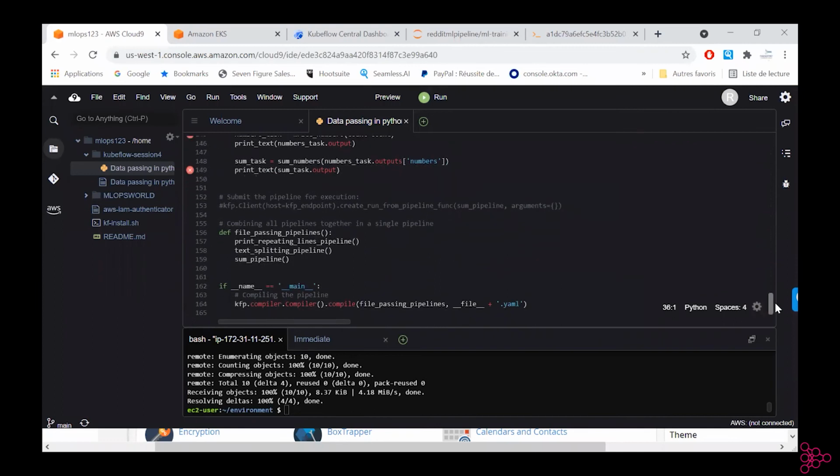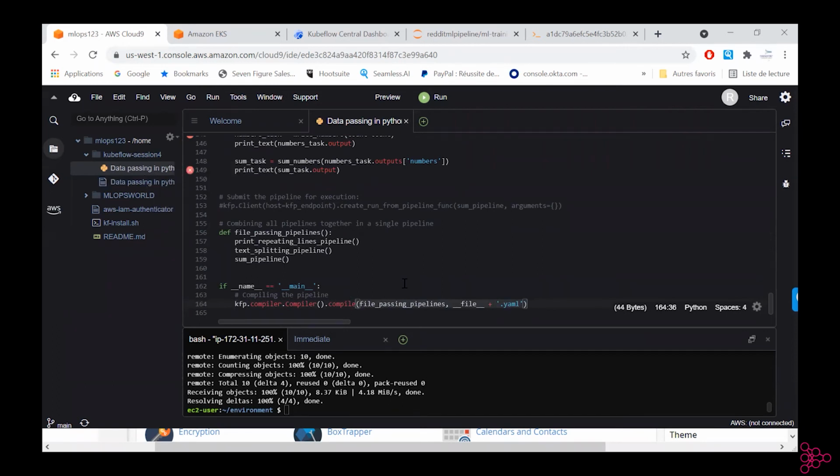And obviously, at the end, what we do is we combine all the pipelines together into a second pipeline, because we created, I'll show you in the interface, three small pipelines. And then we compile it as a YAML file from the Python code.